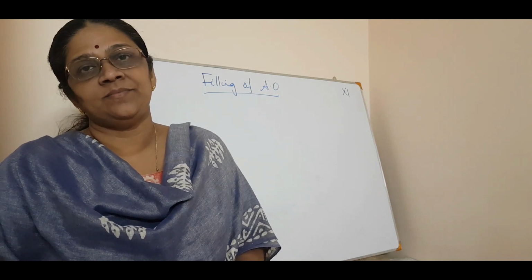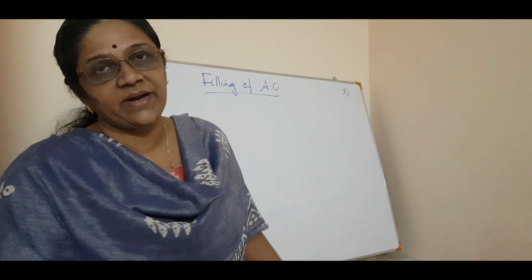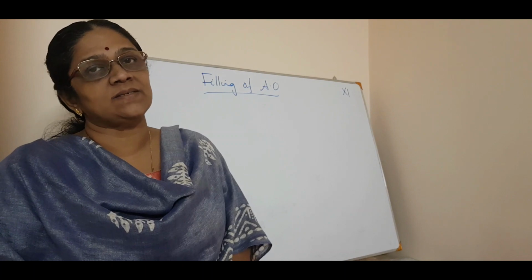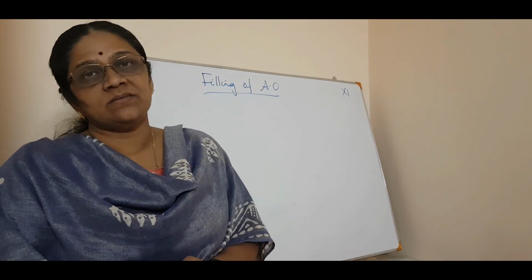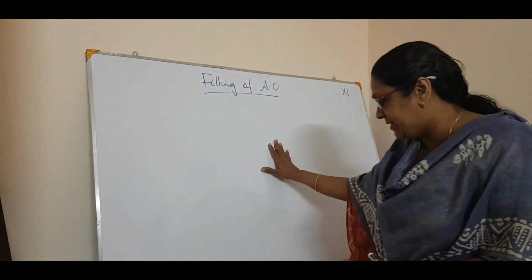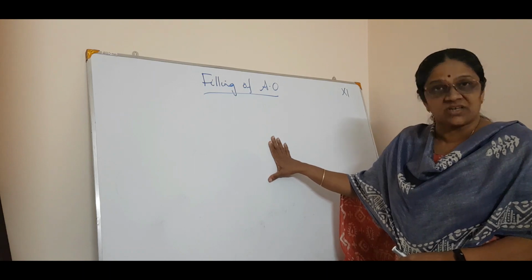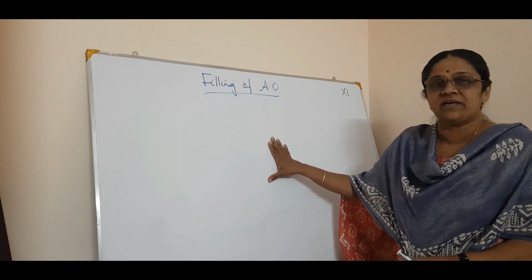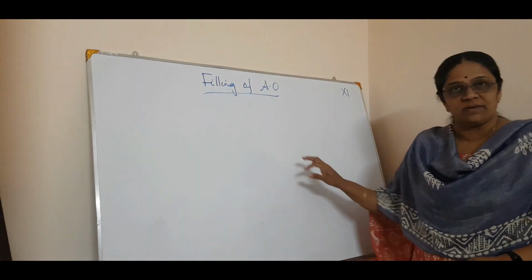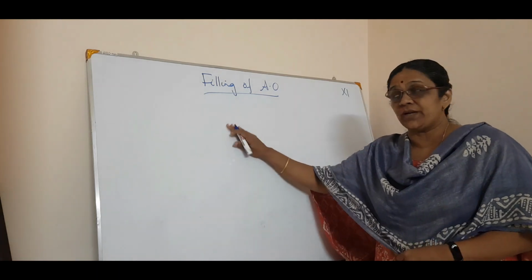Hello everyone. Today we will see the last bit of topic in the structure of atom, that is filling of atomic orbitals. So we have seen nodes, then we have seen the boundary surface diagram. What are the possible structures of these p orbitals and d orbitals? Then the last bit is how to fill the atomic orbitals, and next is electronic configuration. So these two will be dealt with today.